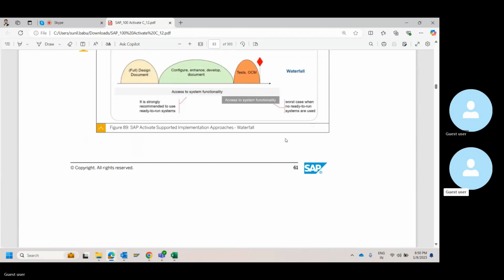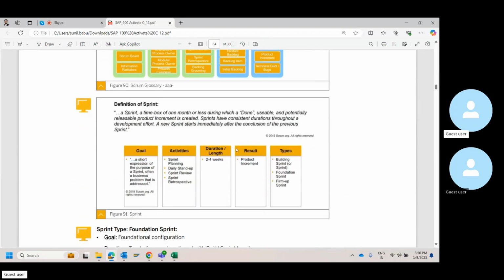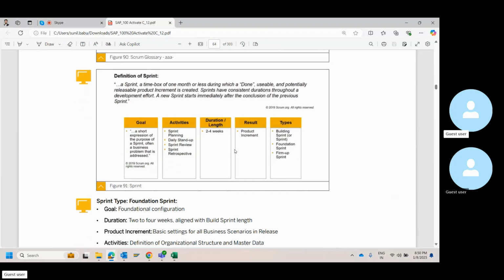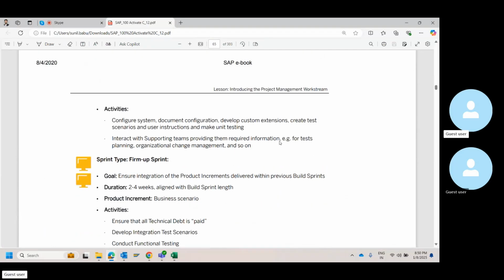Okay. So sprint. These are all certain things that I think you would already know. You know what a sprint is, right? It's basically a time box, either 15 days or 1 month, depending on the organization and the projects that you're handling. And these are all the different activities. We will anyway cover this during our agile, so I'm not going to focus too much on this part right now.